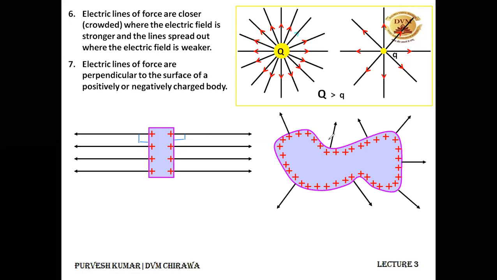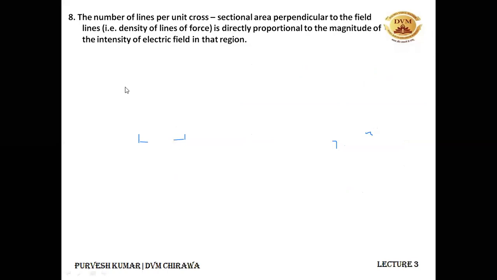They are always perpendicular to the surface from which they are coming. If this surface were negatively charged, then the electric field lines would be going towards the surface. So it is a very important property of the electric field lines that they are always perpendicular to the surface from which they are coming out or going towards. Now, moving towards the next thing. Property 8: the number of field lines passing through a unit cross-sectional area are,